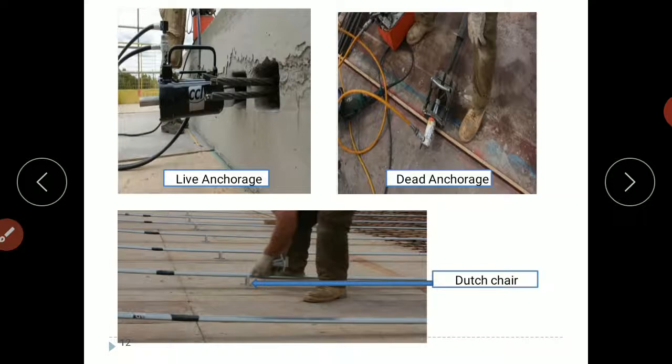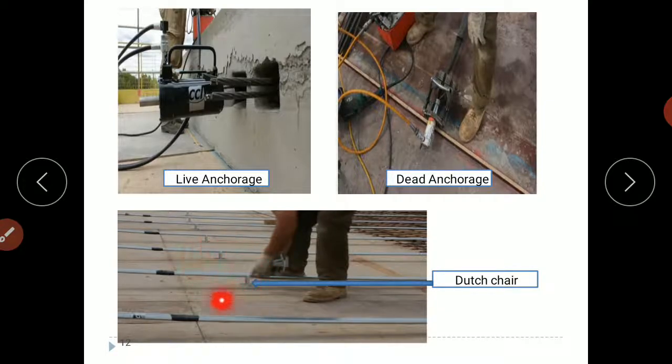Okay, and what do Dutch chairs mean? We know the cover. We provide 40 mm cover for column, 50 mm cover for footing, likewise that cover we leave. Okay, we provide cover to avoid rusting of the steel reinforcement, and to make the perfect bond between steel and concrete. But here in case of pre-stressed members, we provide this type of Dutch chairs.